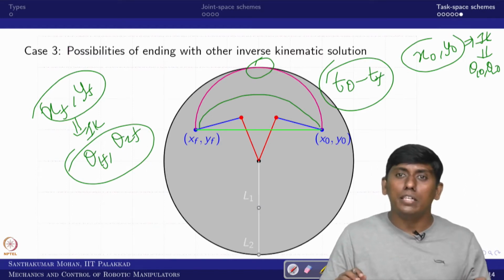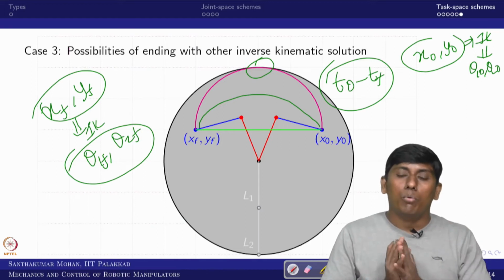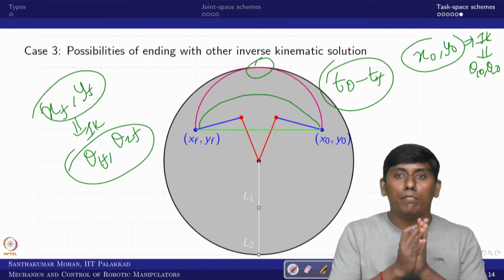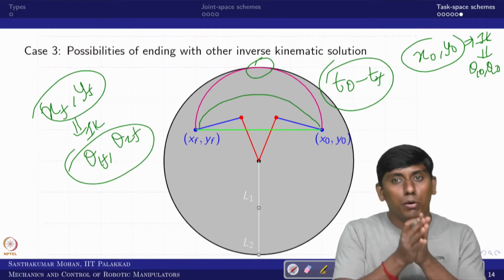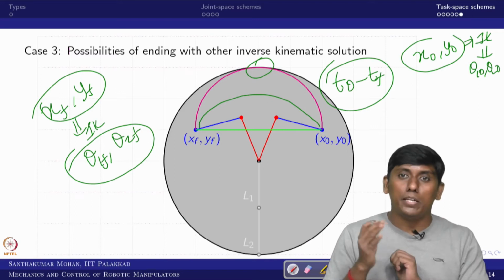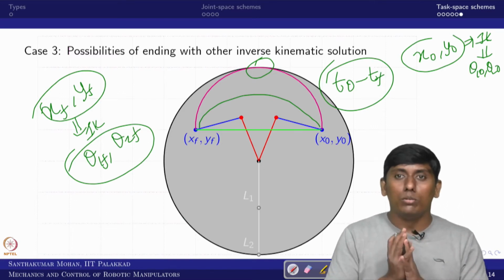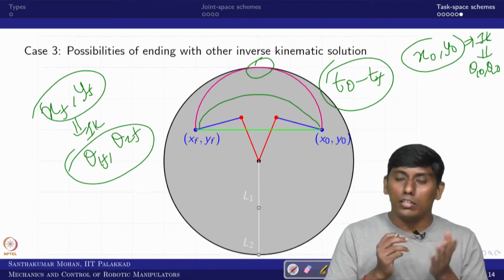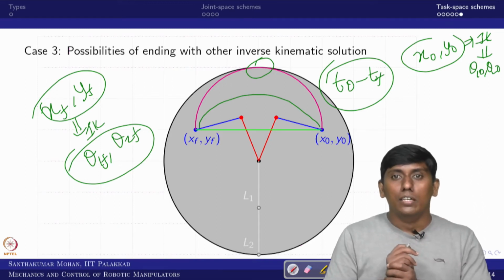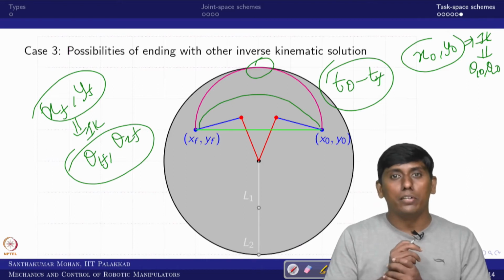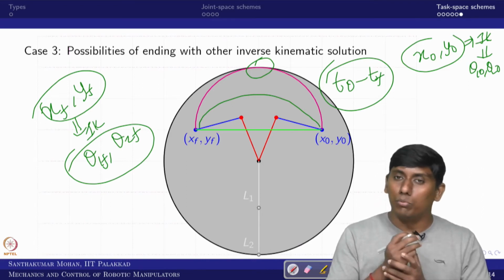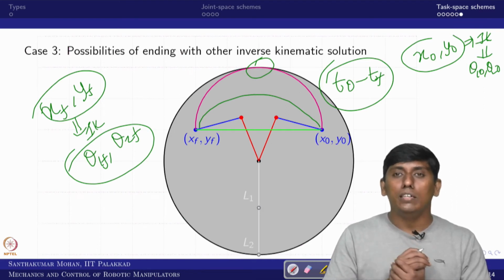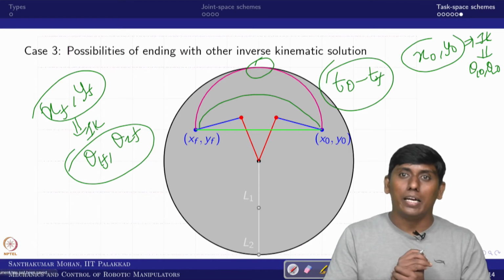So far we have seen many trajectory generation schemes and even the types of trajectory generation possible in a manipulator. One is joint space, and even in joint space there are 2 subclasses. In task space we have seen one specific interpolation method, which is straight line interpolation, which is universally followed. That's why we have seen that, and even if you follow that, what would be the issues? Those issues we have already seen.